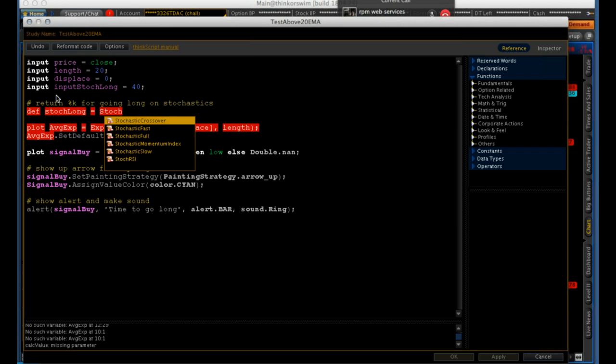All right. So now we start typing in stochastics, and then, as you can see, we got code completion. So we go to full, stochastics full. Let's say you want to do a stochastics full, but you want to do the 80, the 20, 14, 3, and we want to do,